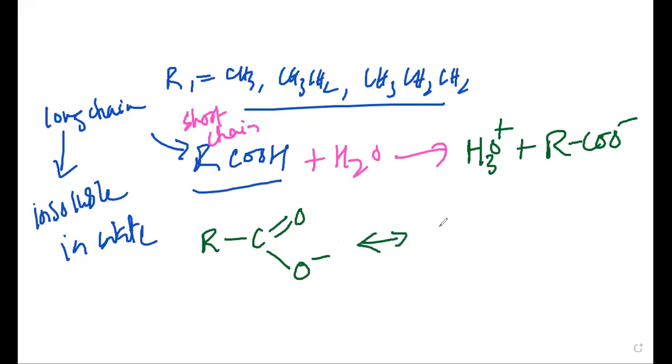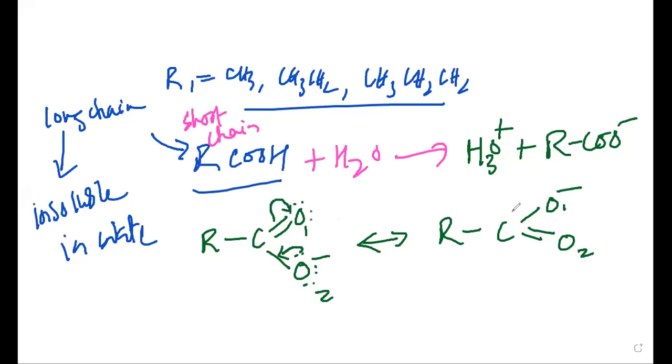this particular ion is resonance stable, and sometimes the negative charge goes this way, and so these electrons which are present on the oxygen 2 here, let us say this is oxygen 1, this is oxygen 2. When these electrons go here, you will get the double bond, and when the electrons go on the oxygen, you will get negative charge. So when you have negative charge on the oxygen, that oxygen will have 6 electrons, and the oxygen with the double bond will have 2 electrons.